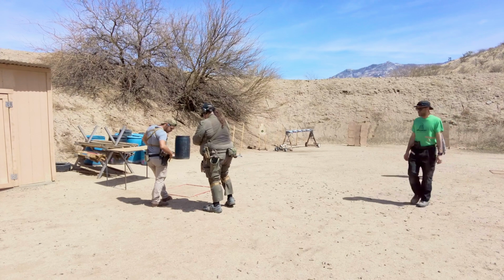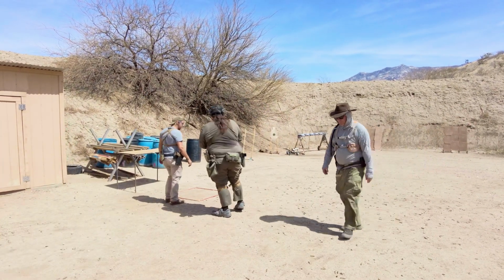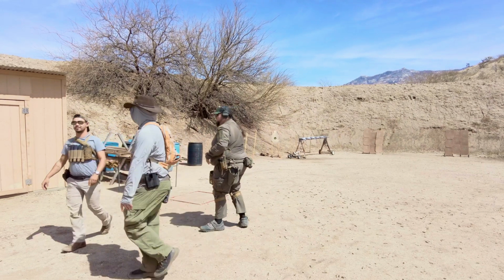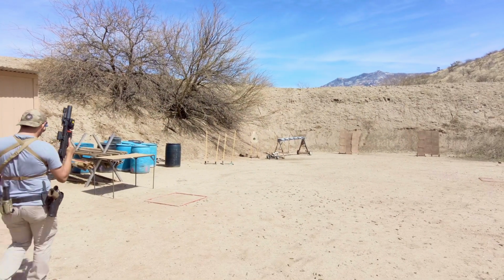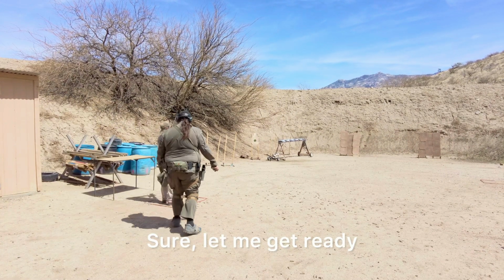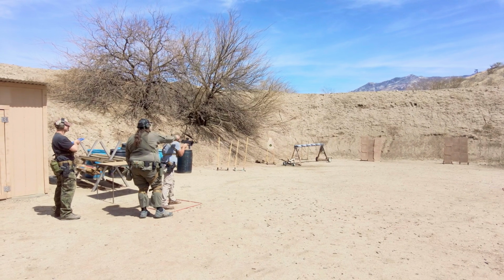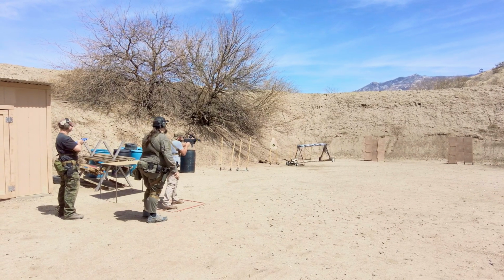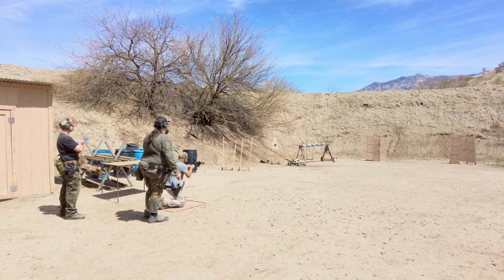And here we are in stage 4, and you'll see here in a second, I actually forgot my rifle. So, okay, gonna go get my rifle, make sure I don't forget that. And the goal here is pretty simple. There are 9 targets for your rifle, 9 targets for your pistol, and you have to shoot them in the top 3 from the standing position, the middle 3 from the kneeling position, and the bottom 3 from the